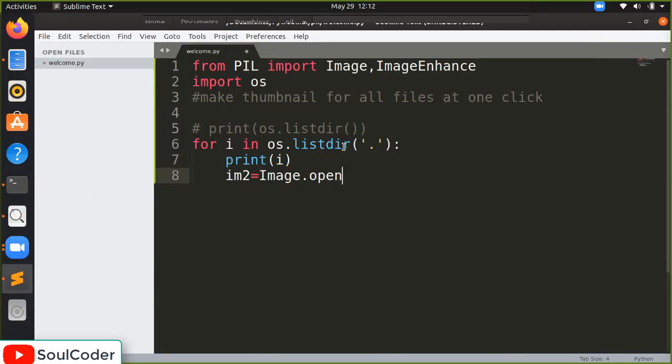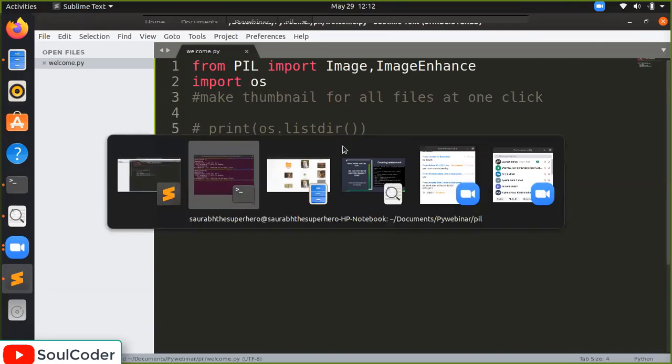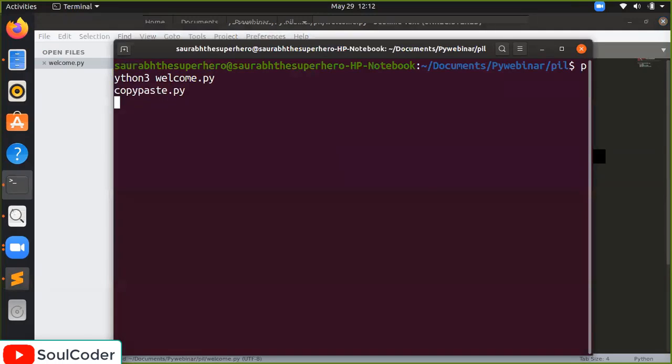We have to first open i, and I'm going to call im2 equal to im.resize, and I'm going to pass here 25 by 25. Let's run it right now. I hope there is no error.